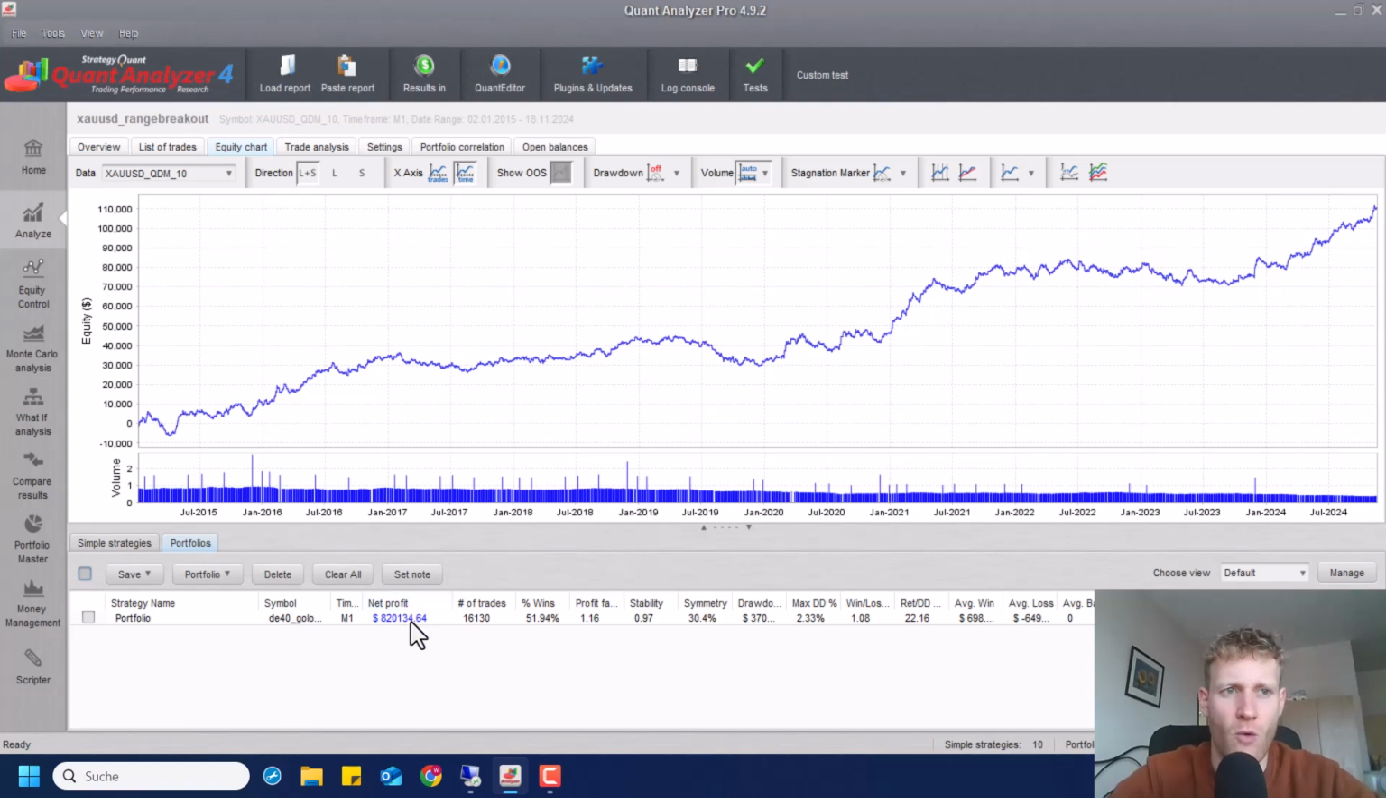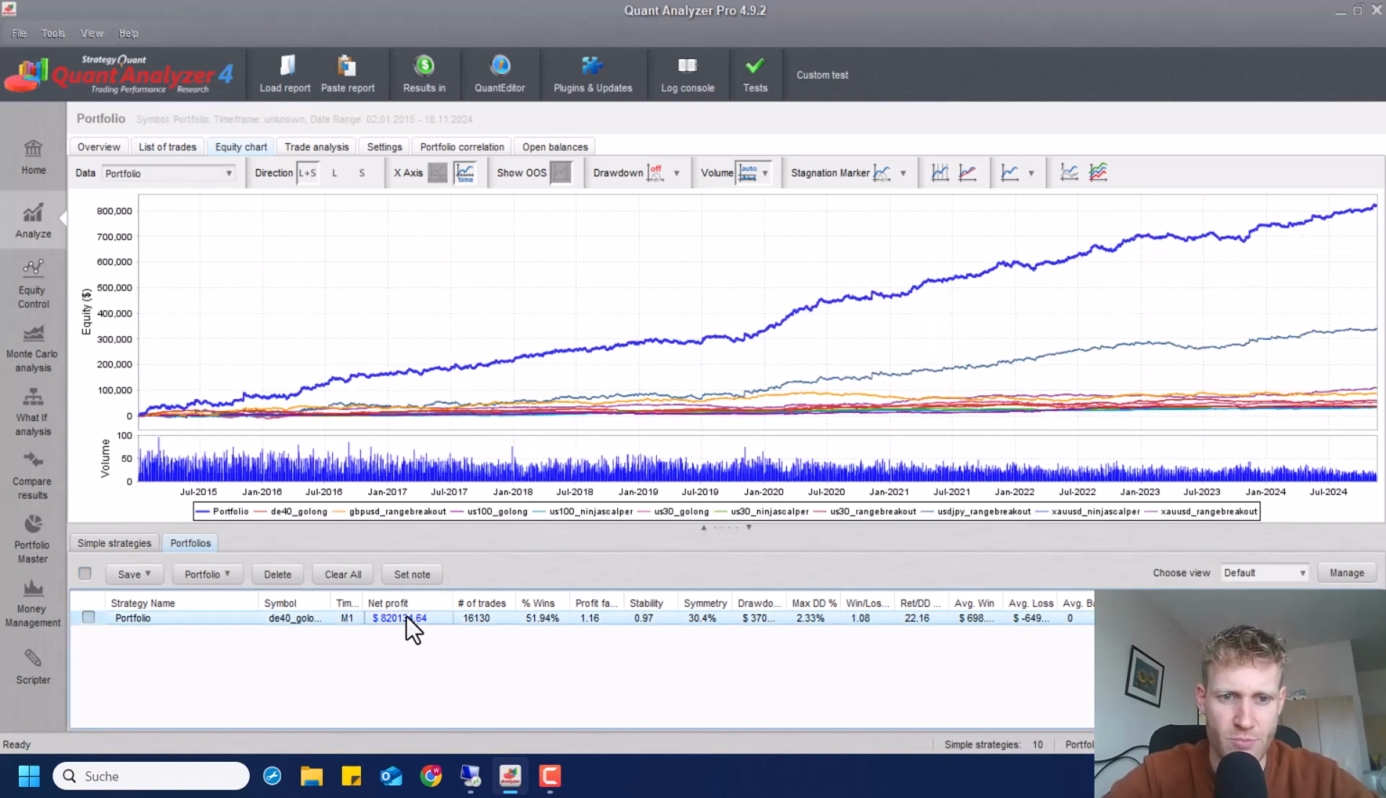And this is one of the most important tools in my opinion, which is part of this Quant Analyzer, because now I created this portfolio. And if I click this now, we can see here this dark blue line is the combined performance of all of the strategies. And let me say this again, this is of course theoretical because it is testing results,